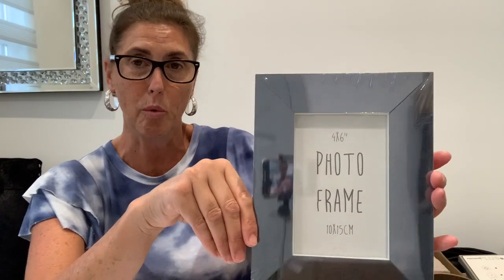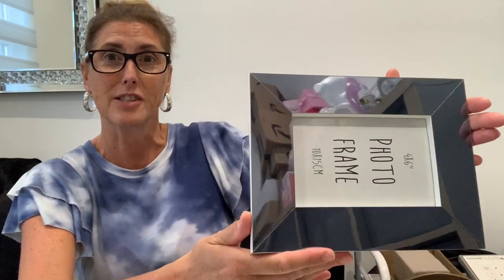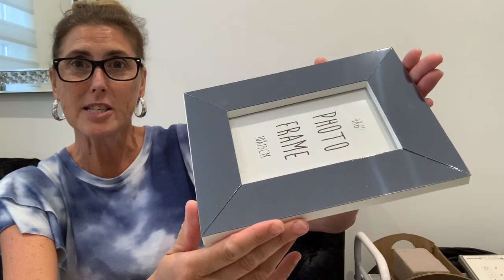Yes, obviously you can use it as a photo frame, but I will be thinking about doing some sort of project with that. If we get it out of the packet, it looks like a bluey, yeah it is, so really nice. Actually the colour looks better without the cover on it, to be honest with you. I don't know if you can tell from the light, but it's like a bluey